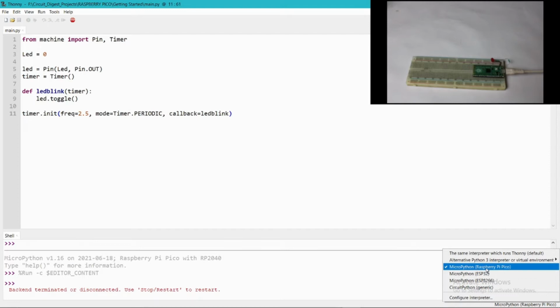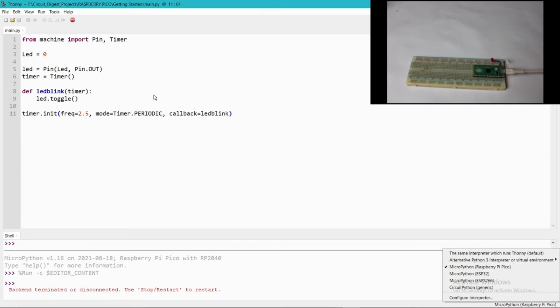So you need to select the Raspberry Pi Pico. If you are using it for the first time, then you need to install this. Whenever you click on MicroPython with Raspberry Pi Pico, you need to install the MicroPython framework on your Raspberry Pi Pico. So just click on the next button and it will install MicroPython on your Raspberry Pi Pico.